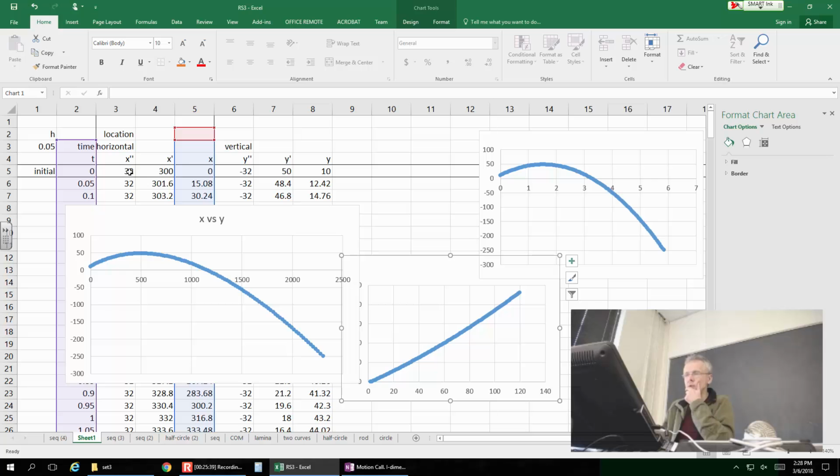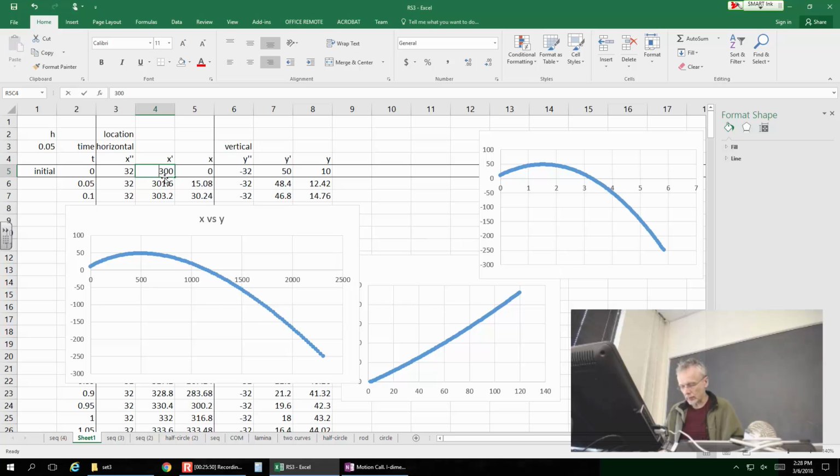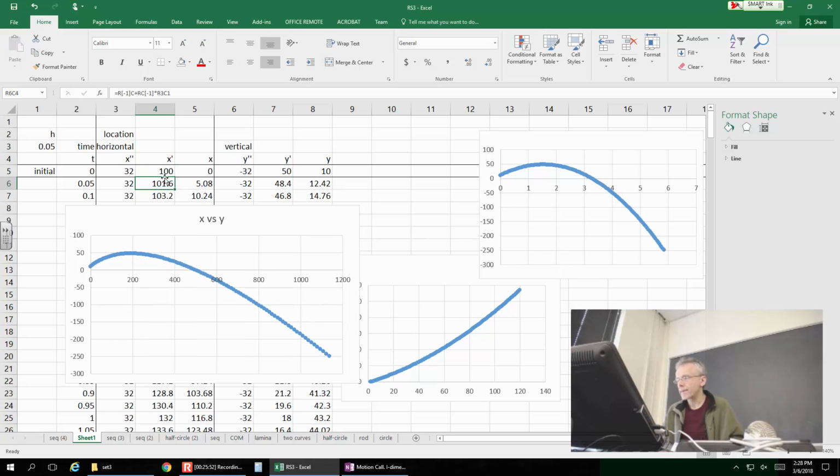X prime 32. I said 32 in order for the pull to be from left to right. Let me make this number small. Yeah, okay, for some reason I thought, well, anyway,